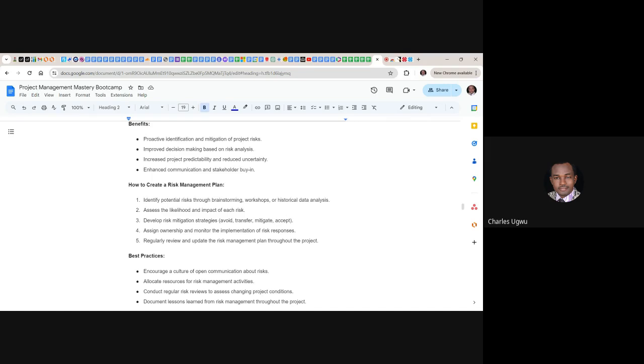And another one is regularly reviewing and updating the risk management plan throughout the project. So once there is an ownership, whoever is owning any particular risk must keep everybody up to date through a regular review by updating the plan. For instance, if you are using a RAID log, all we need to do is continue to update our RAID log so that everybody having access to it knows the extent of whether the risk is still